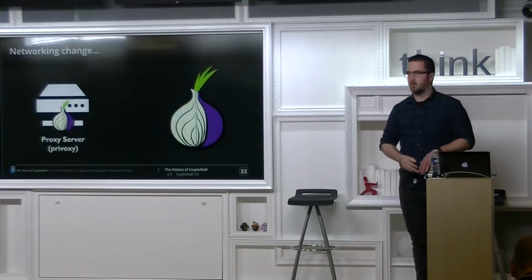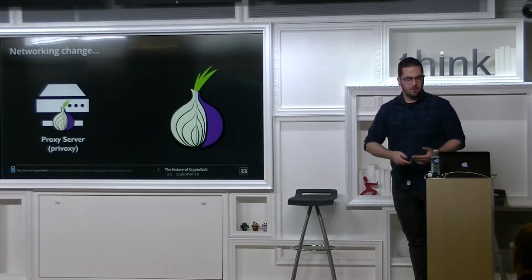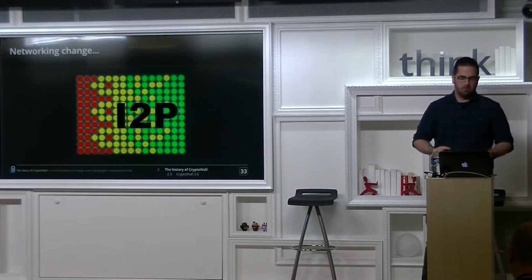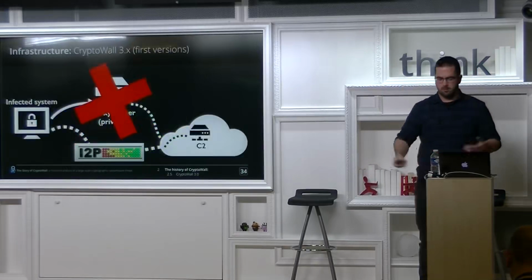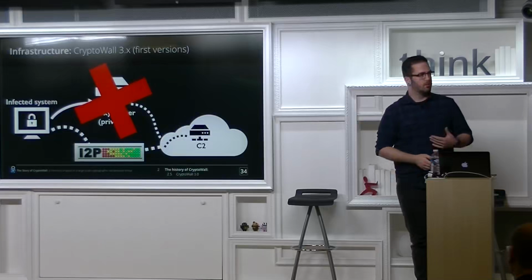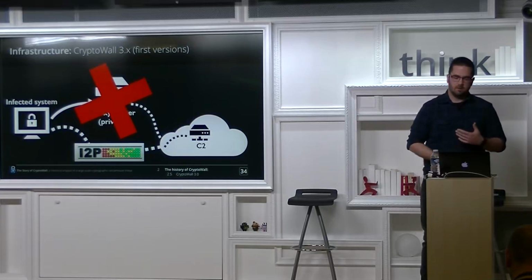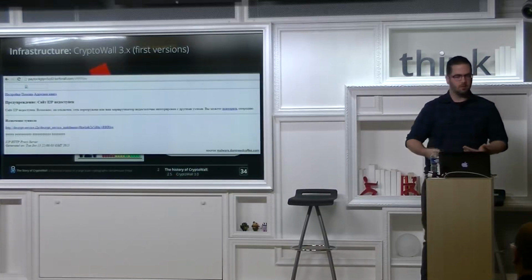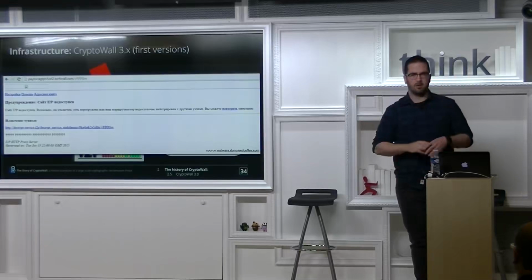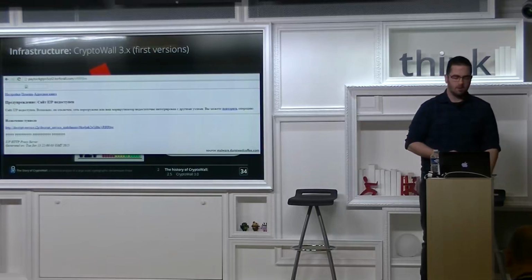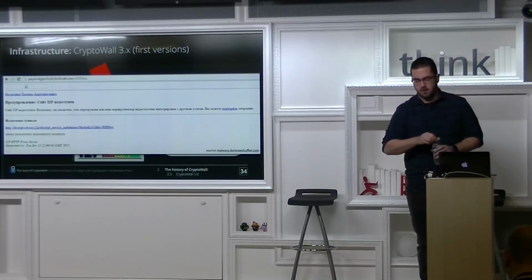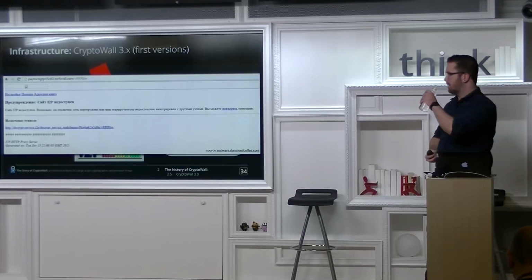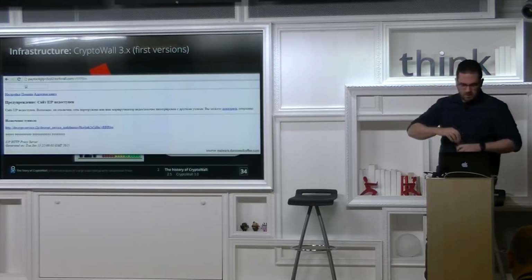Again, networking change. They like to play around. They like to develop this kind of stuff. So they didn't do Tor. They didn't do their own proxies. They moved to I2P, which was kind of interesting. So, setup changed to this. Only problem was it didn't really work so well. I2P doesn't seem to scale for them because their servers went down the whole time. Every time we just go down, this is the decrypt service. So basically the servers where you could go to pay to get the key to get your files back, but it just didn't work. You would get errors from time to time like this in Russian.